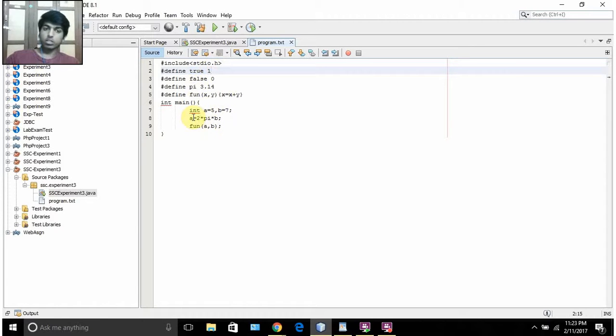Here, as you can see, a equal to 2 into pi into b. Here pi will be replaced by 3.14 once macro processing is done. And for a function call, this is the function call. So now the name of my function is fun. Now it will identify the definition of the function name fun, and replace this statement with its definition, and also change the